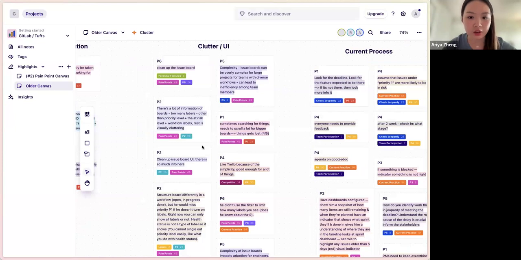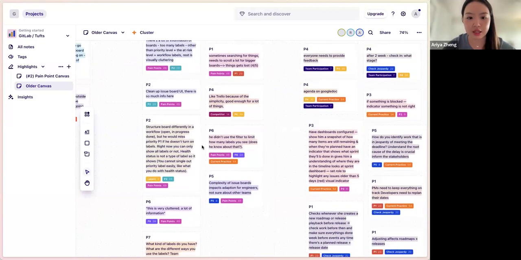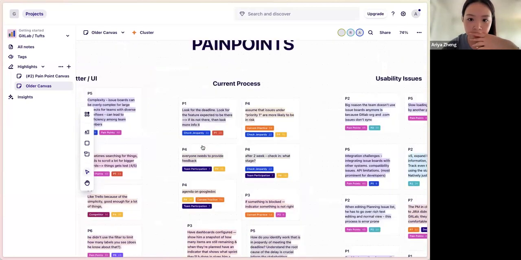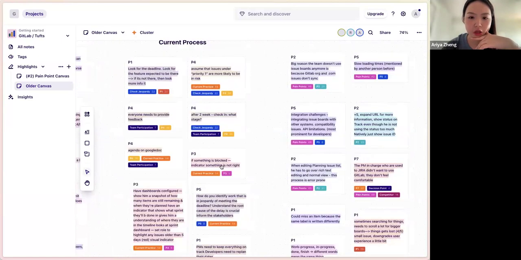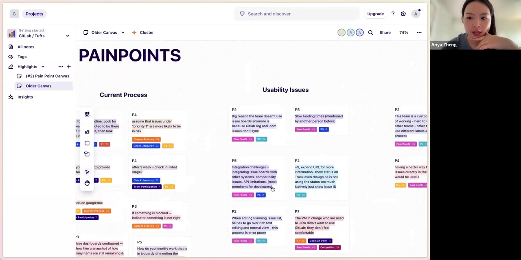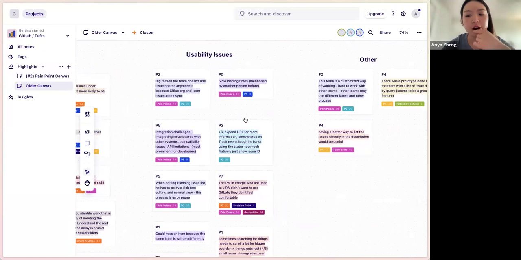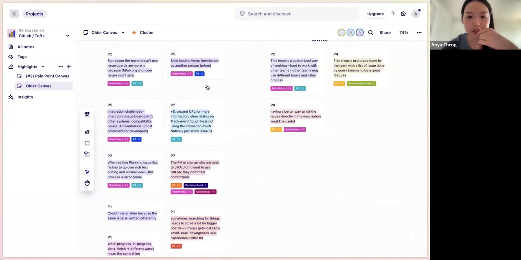Some people say Trello is a lot simpler to use, and they don't really want to use issue boards because they seem really complex, with a lot of labels that they don't need to see and don't know how to filter out. And this chunk is talking about the current process of identifying what work is blocked, so we can ignore that for now. And then there's this part about usability issues. We can compile a doc for you to look at later because these are more isolated pain points.